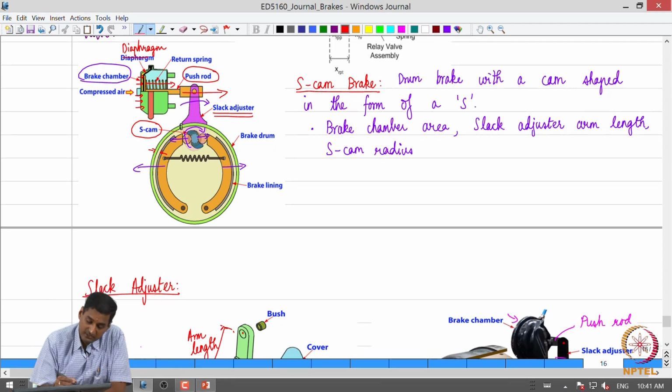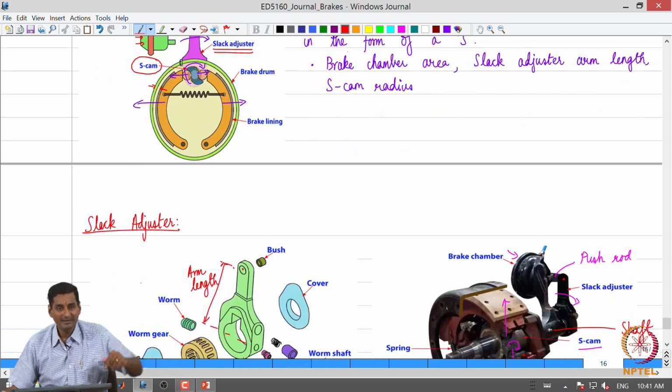But however, please note that there is a constraint on the stroke of the push rod, right, that depends on the dimension of the brake chamber. So, the stroke of the push rod cannot keep on increasing forever, right, without a limit. So, at some point or at some limit, the push rod stroke will reach a state wherein this diaphragm may start hitting the components of the brake chamber, and the force output from the push rod is going to go down or decrease.